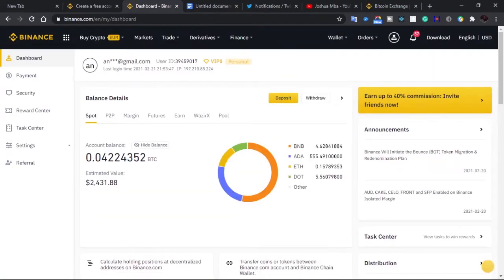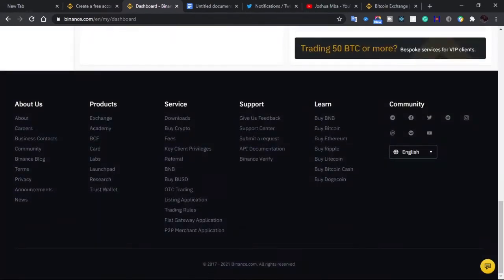So you will be logged in successfully into your account. This is one of my accounts, and most important to note is that I have a lot of accounts. I think I have 3 personal accounts on Binance that I use for trading. So I'm going to walk you through how to trade on this platform. Are you ready? I know you are excited to watch this part of the video, and let's continue.